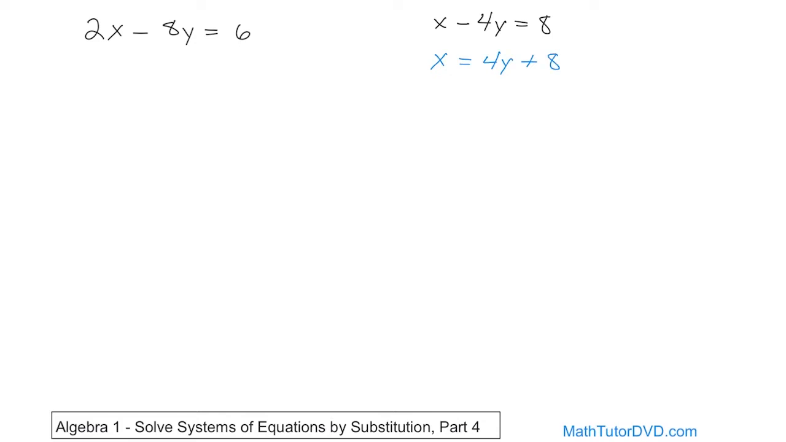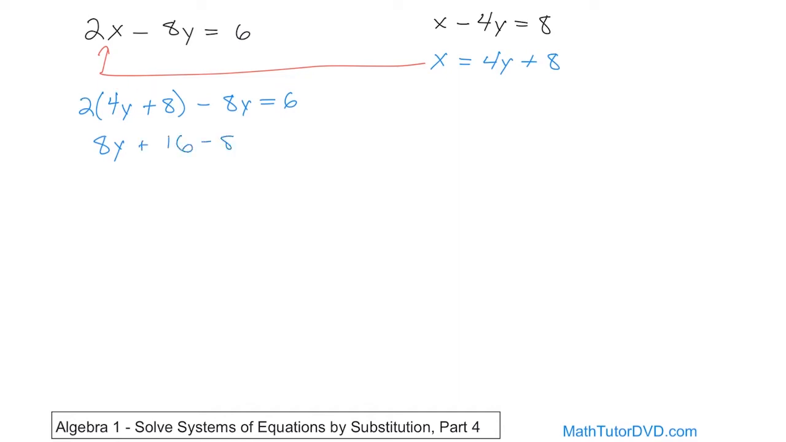Then we will take this value of x and we'll stick it into the equation in the position of x and continue solving the same exact thing that we've always done. So we'll have 2 times x, but now we know that x is 4y plus 8. Minus 8y is equal to 6, and now we solve for y, same as we always have done. So the 2 times the 4y gives me 8y, and the 2 times the 8 gives me 16, minus 8y